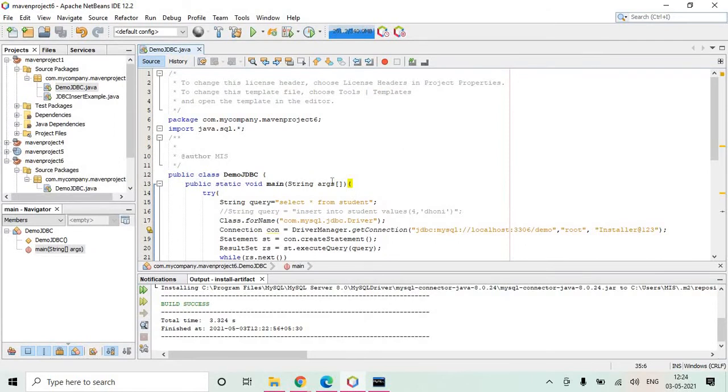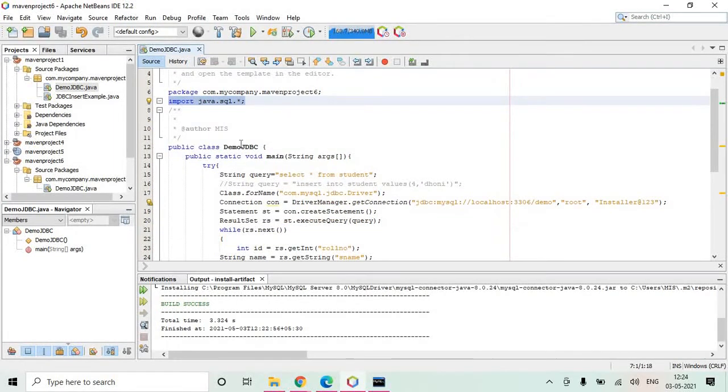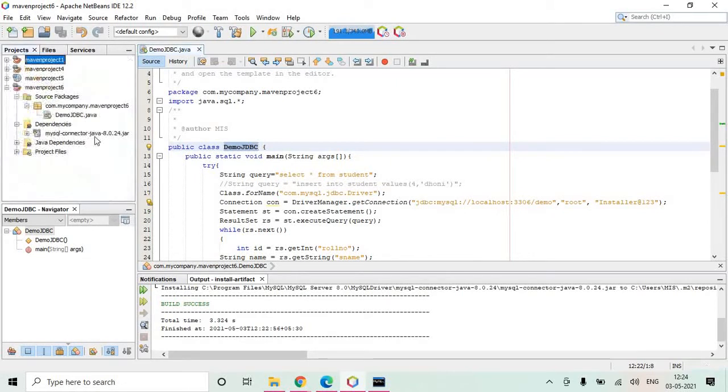So here what we have done. The first statement is we have imported java.sql.star. We need to import this java.sql package for dealing with all these SQL related activities. Then we have a class, the demo JDBC class that we have created.